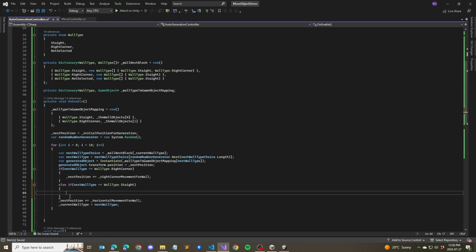Then we obviously don't want it every time. Let's do another random generator. If random number generator dot next, between 0 and 2, spare and 0, we want